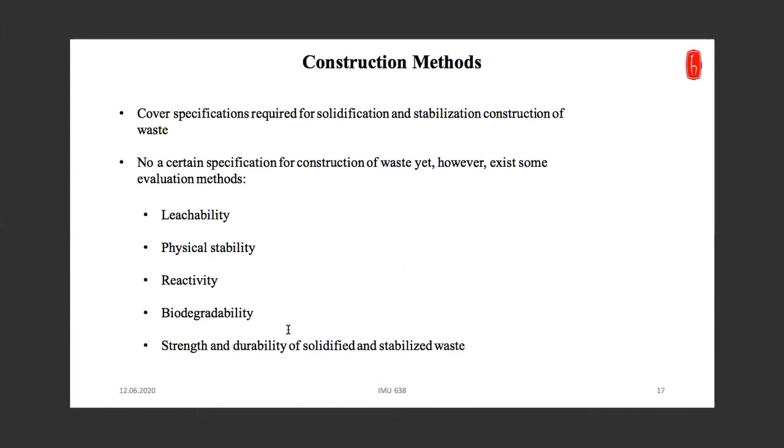It covers the specifications required for the solidification and stabilization construction of the waste. But exactly, I couldn't find any certain specification for construction of the waste, but there are some evaluation methods for performance evaluation or testing programs. And they are looking for leachability, physical stability, reactivity, biodegradability, and the strength and durability of the solidified and stabilized waste. After the treatment, you are just checking if your treatment is successful in terms of the